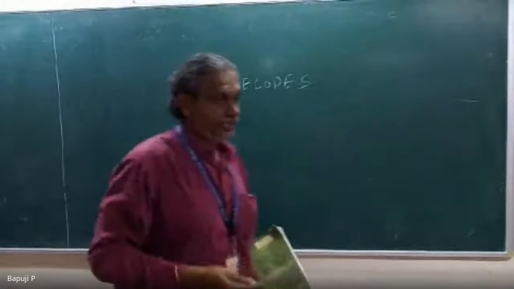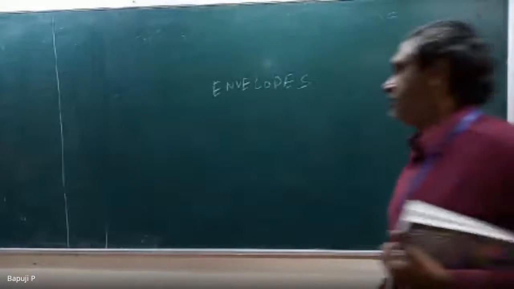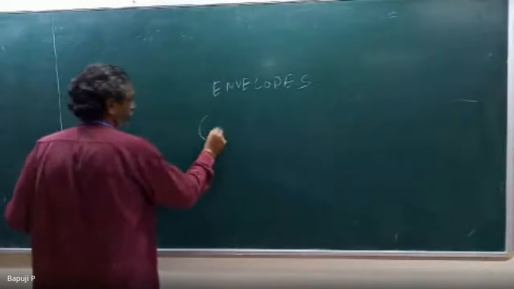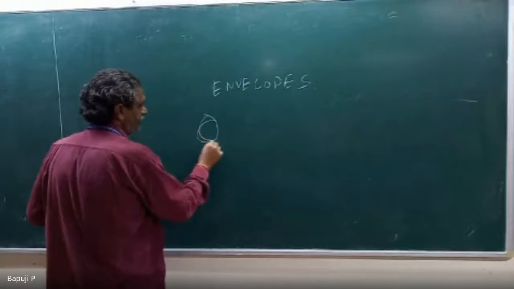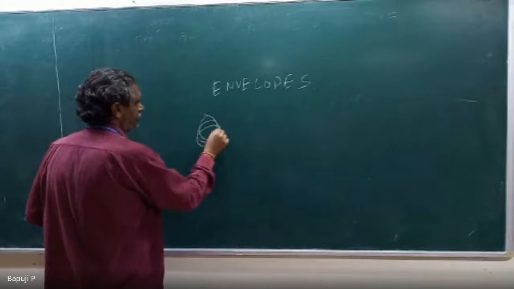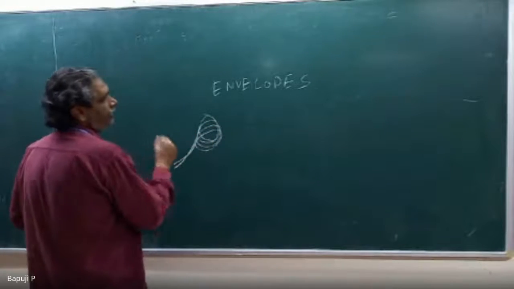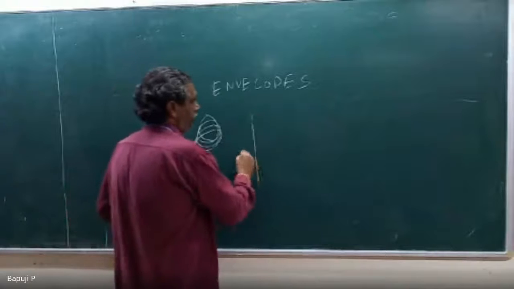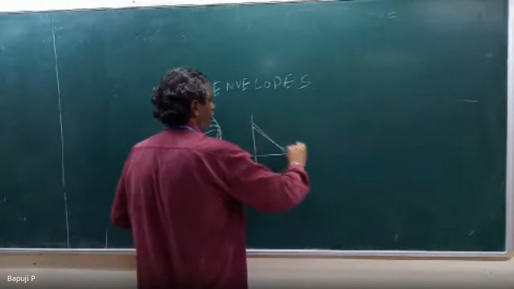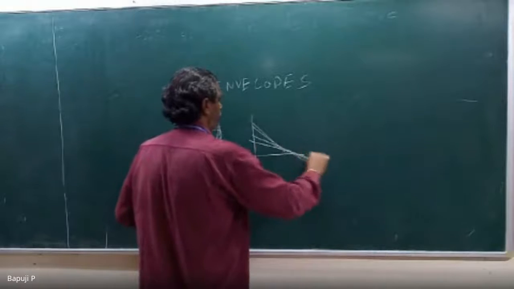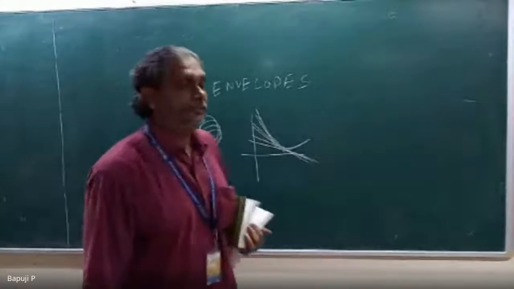What is the meaning of envelope? It is the intersection of neighboring curves. Suppose you take a circle. As you move along the circle, the first position is here, next comes like this, next comes next, and so on. The intersection of these curves covers the envelope. Suppose you keep a ladder here and slide it down; you get next, next, next, maybe this. So it is the intersection of neighboring curves.